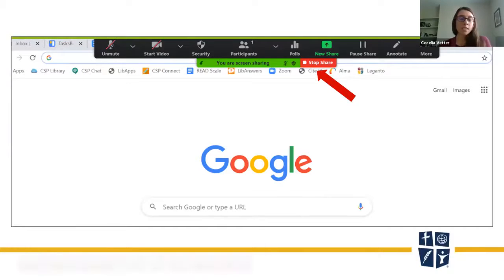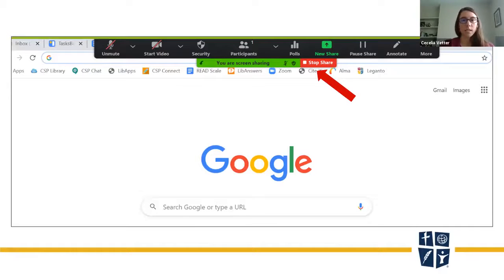The other thing is, if you are ready to stop sharing, you will have this menu of options at the top of your computer when you are sharing. Typically that bar menu is at the bottom of your screen if you're not sharing, but when you start sharing, it moves to the top. The way to stop sharing is that little red stop share rectangle for you to click on. Sometimes you have to go to the top of your screen to get that menu to drop down, because it will hide until you're ready to exit the screen.